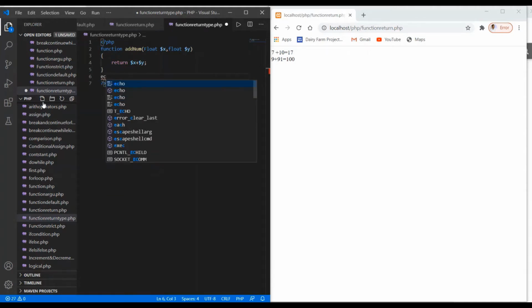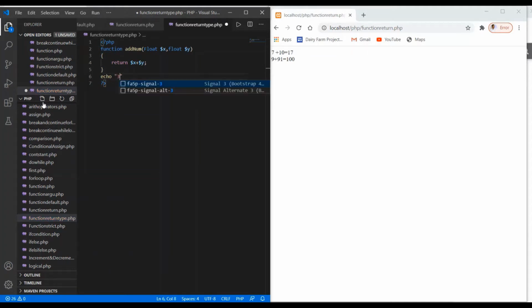I'm writing echo like in our previous program, and here I write 3.5 plus 9.2 is equal to, and I'm using the concatenation operator, and calling this function addNum. I pass one argument as 3.5 and another argument as 9.2, and put the semicolon here.